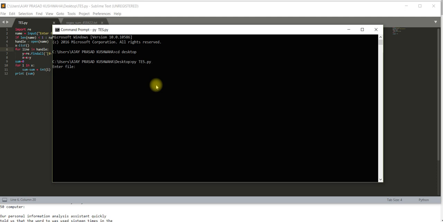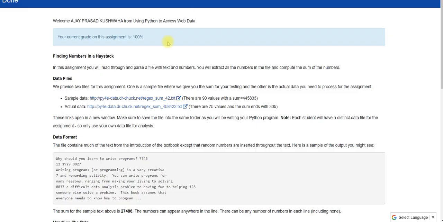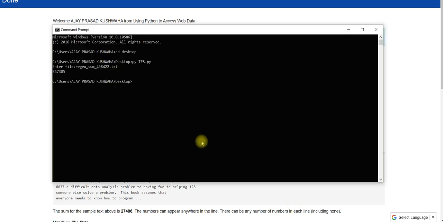So as I have run, again it is asking the name. So the same name what I have copied, I am going to paste it and hit the enter. So now you can see my result is this. This is the result. You can see the sum is ending with 305. And in the question also you can see my sum is going to end by 305. So I have exactly met the answer.